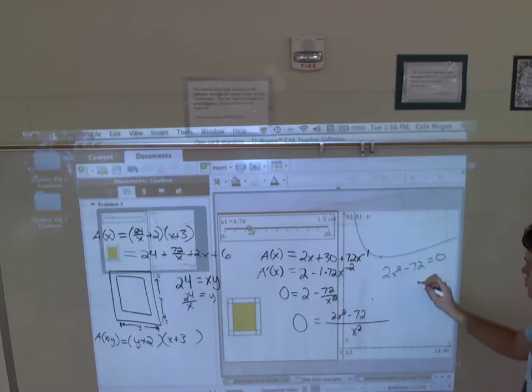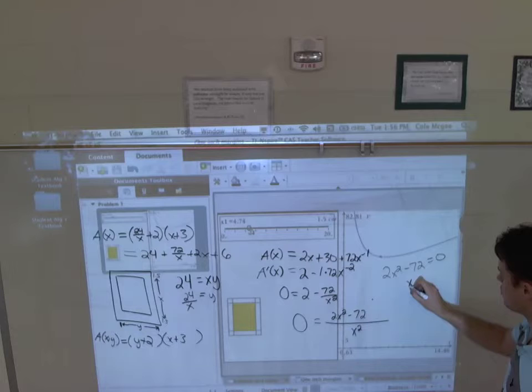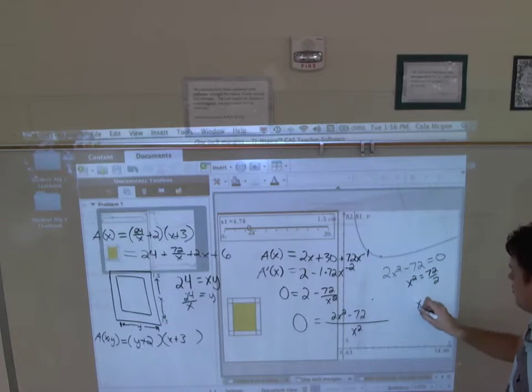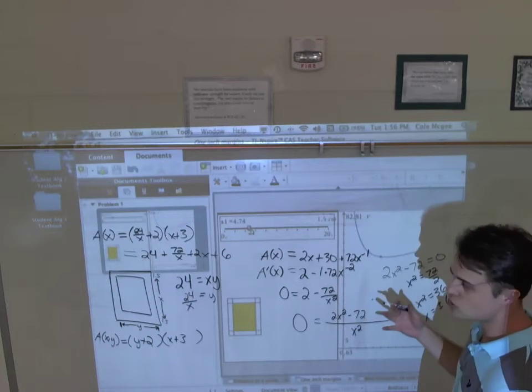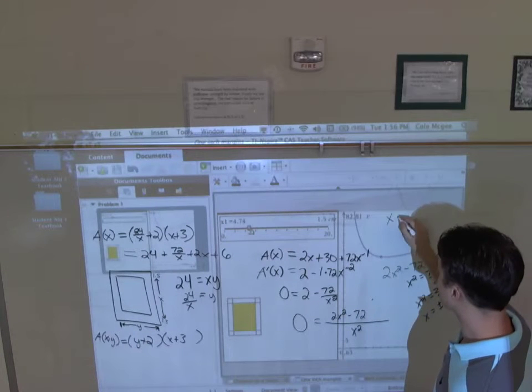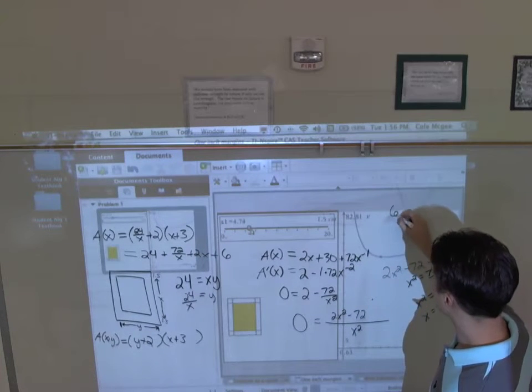So if we do that, we probably won't even need much of a calculator. We'll say x squared equals 72 over 2. What's half of 72? Is it 36? No calculator needed. X equals plus or minus 6. So there's technically 3 critical points in this problem: 0 from the bottom, and plus or minus 6 from the top. You can't have negative paper. Well, we don't want negative paper. Does that make sense? So obviously our dimensions that will minimize the amount of paper used is going to be